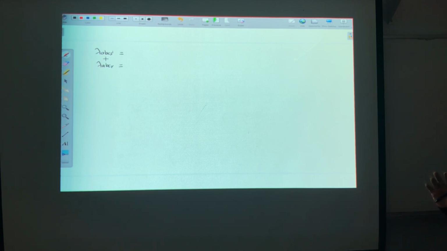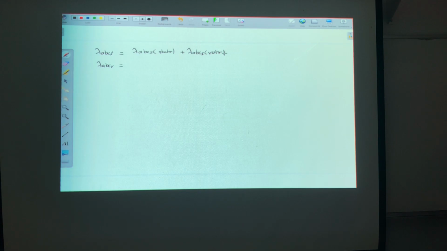Correct? So this one has two parts. I will say that the flux linkage, lambda ABCS, is due to the current in the stator, plus lambda ABCS due to the current in the rotor. Correct? And the same thing is valid for